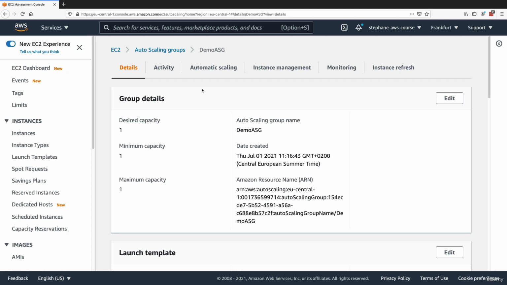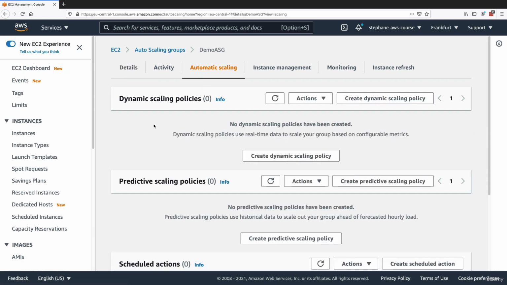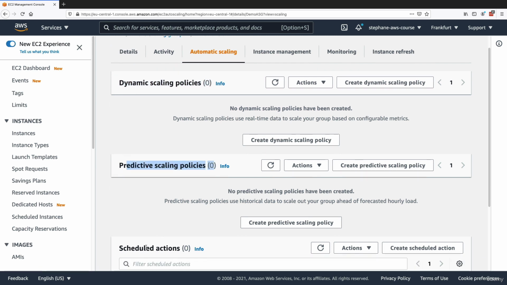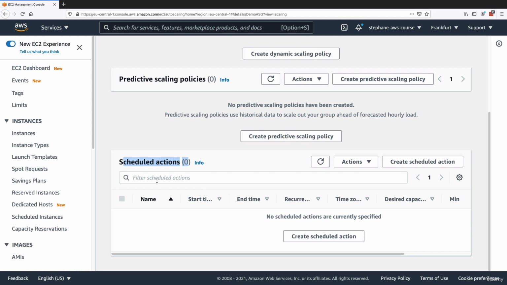Okay, so now let's have a look at automatic scaling for your ASG. As you can see, we have three categories: dynamic scaling policies, predictive scaling policies, and scheduled actions. So let's start with the simplest. Scheduled actions is when you want to schedule a scaling action in the future,